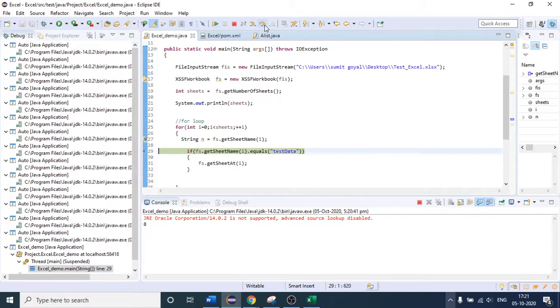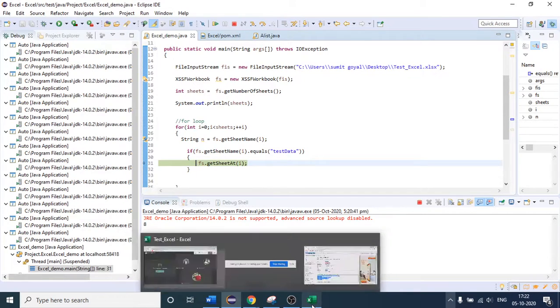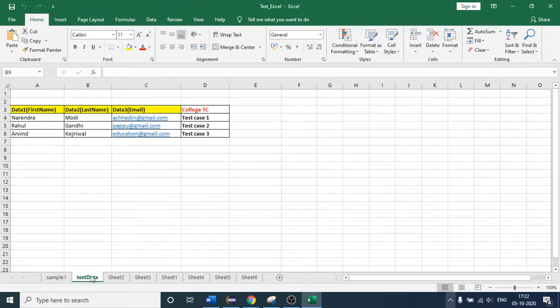If I come to this, this method will check whether this name test data is equal to this one, which is correct. Then we will come inside of this and perform some actions on it. After that, at i equals 1, fs.getSheetAt(i). This time I am not fetching the name of the sheet. This time I am saying get me the whole of the sheet, which is this one.